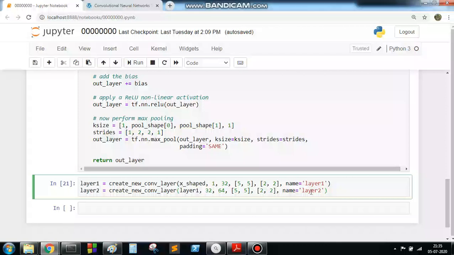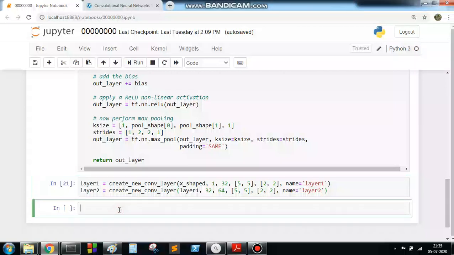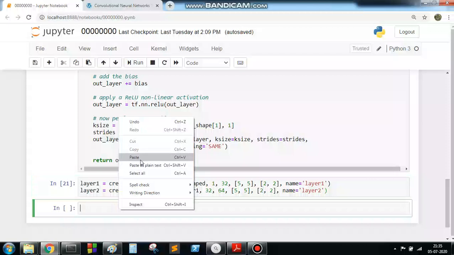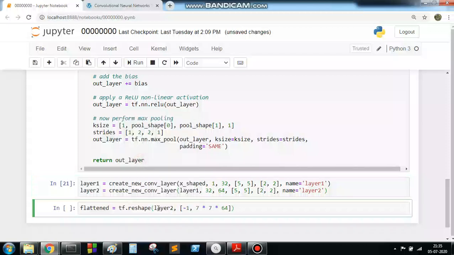So the output of layer 2 becomes 64 cross 7 cross 7. But we need to change it to a different format. So I am flattening this and reshaping it. Actually, sorry, this will become 7 cross 7 cross 64, and we need to flatten all of it using tf.reshape.